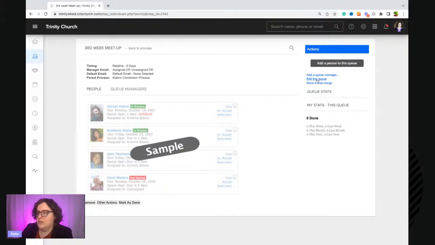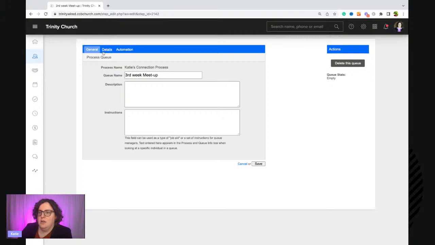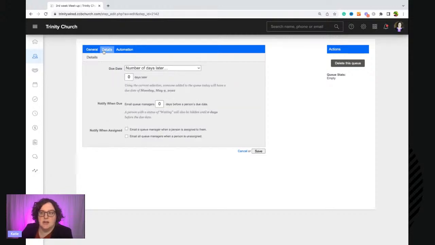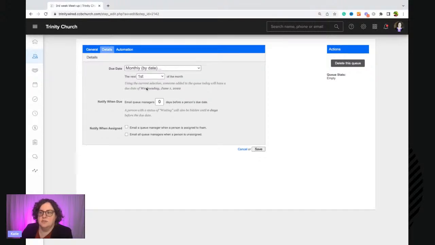So what we can do for that one is go to edit this queue and go to the details tab up at the top. Now, this due date we can set to be like 3 days later or 5 days later, and it's days later that they get added to the queue. So once they're added to the queue, that clock starts. But there are some other options with this. Besides number of days later, there's also day of the week, monthly by day, monthly by date, or quarterly. So I'm going to do monthly